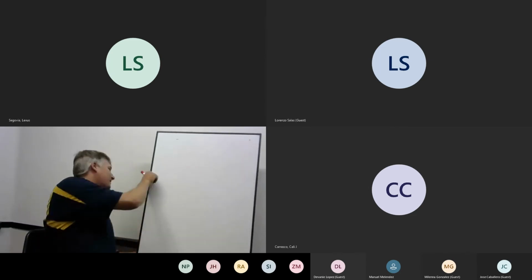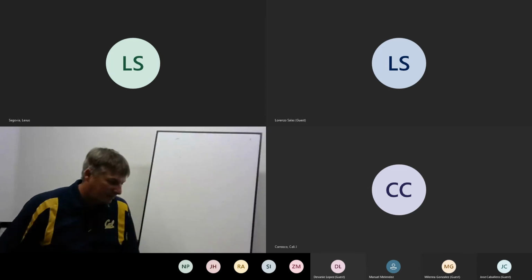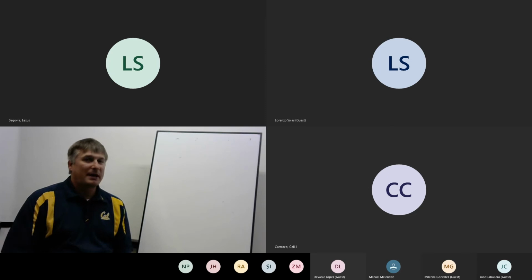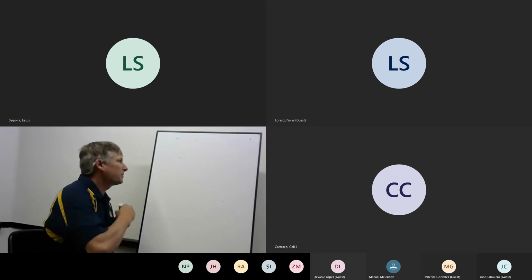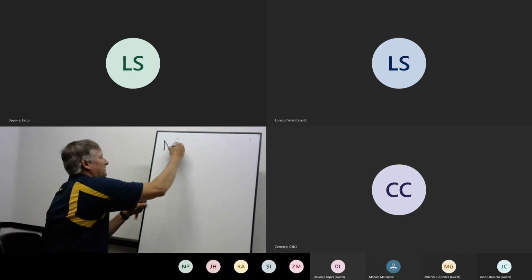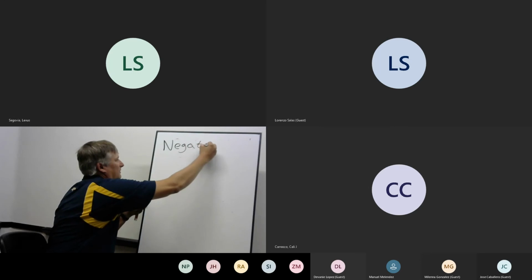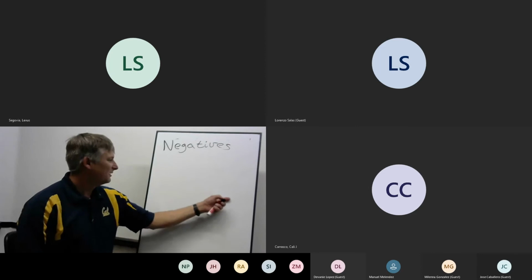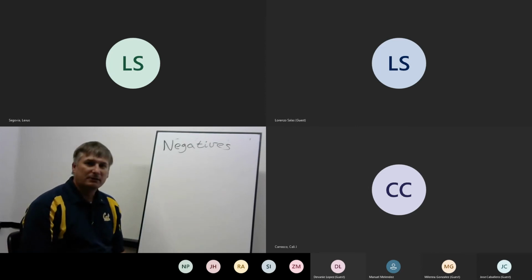The thing with negative numbers is that they tend to arise when we have a situation where we've had to go beyond zero or beyond our starting point. And this comes up, say, in temperatures. So we're going to get into negatives today. And if you think about, for example, temperature.